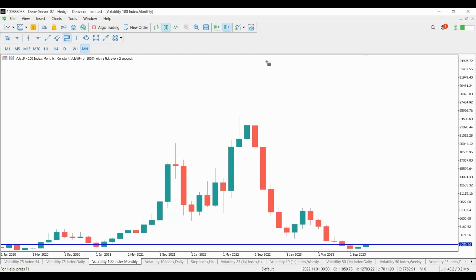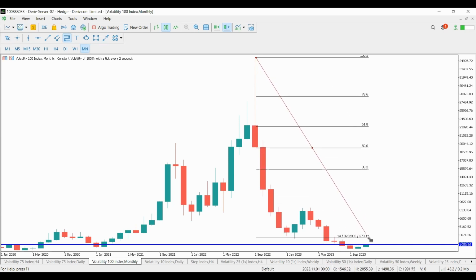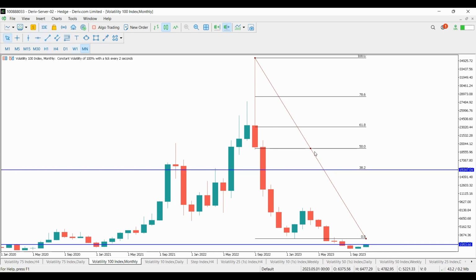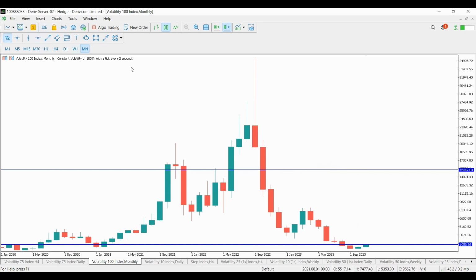So let's try to mark out our areas. We have this impulse downwards here. So just mark it like this. We're mapping out our areas that we want price to go to when it changes trend perfectly or properly. So we have this first one. Of course, you can mark others also. We have that one. Then also we do have this area here. This tail here, we have a supply zone around this area. I'm just going to mark it properly shortly. Then also, let me just stop there for now.